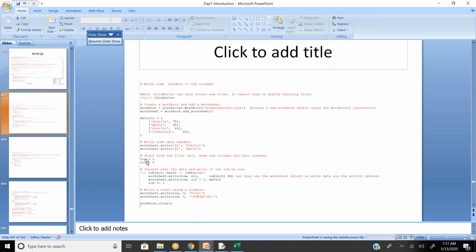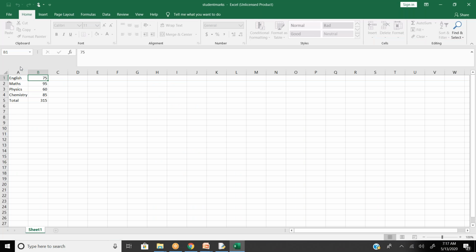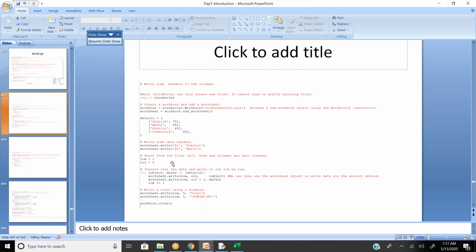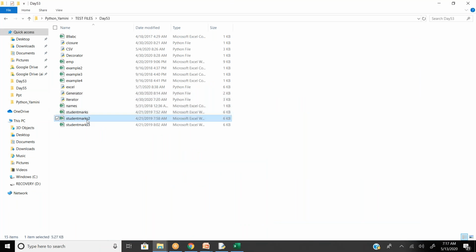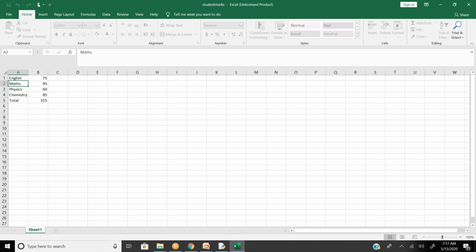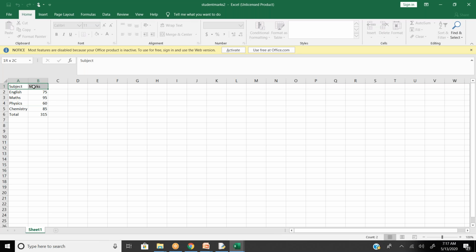Now I'm taking a tricky step. Earlier the row number started from 0, but now the row number starts from 1. So the row number is going to be 1 and the column number is 0 by default. The column number is not changing, but the row number is changed. So 1 and 0. The same for loop, same total and sum values, nothing else is changed, so that you get your headings. You can see subject and marks.